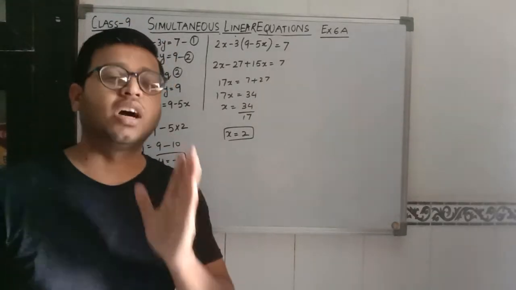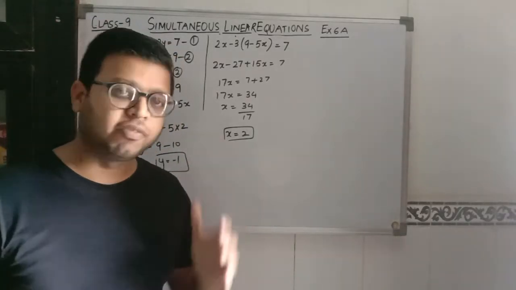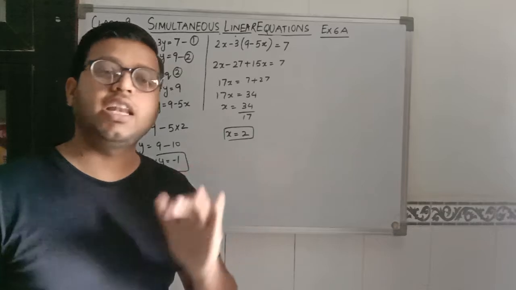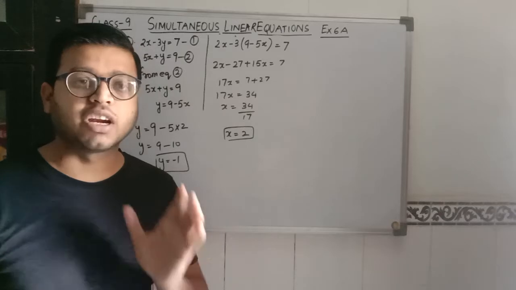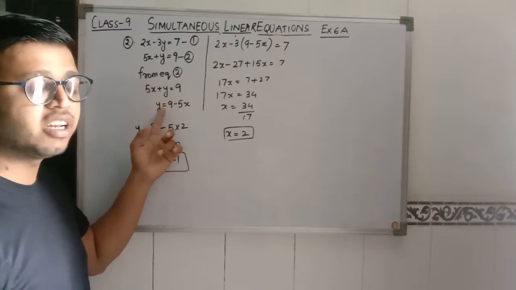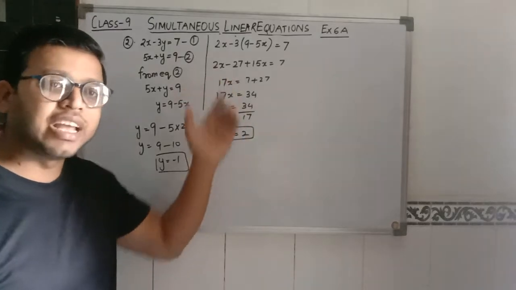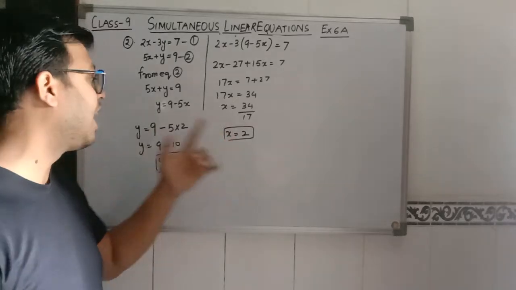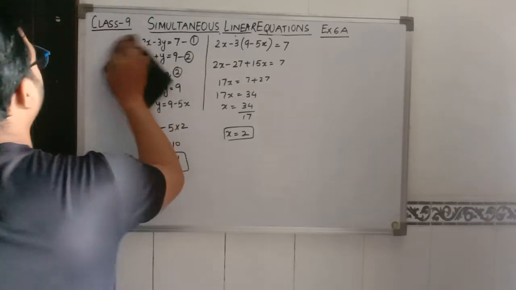So I want to say to you again that in the substitution method you have to consider any of the variables first in your mind, which variable you want to substitute. You have two equations. From any of the equations you have to make that variable the subject, and after making it the subject, when you get the value of that variable, like we have got the value of y from the second equation, then you have to place that value of that variable in the other equation. Then you can simplify that. So one variable will come, and when one variable's value has come, apply it in that consideration. So both values will come. So this is question number 2.